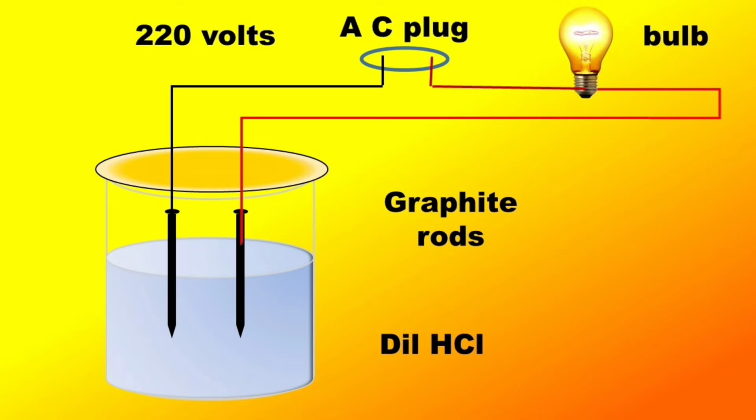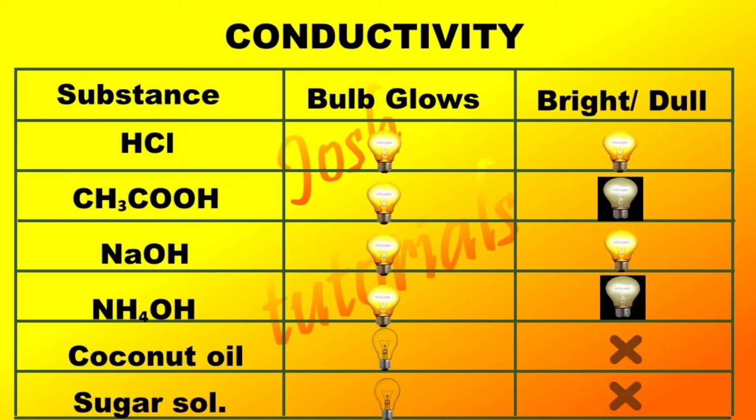Prepare solutions of hydrochloric acid, acetic acid, sodium hydroxide, ammonium hydroxide, glucose, alcohol separately. Now, place dilute HCl in the beaker and switch on the current. Repeat the activity with the other solutions also. You will notice the bulb glows only in acids and bases but not in alcohol and glucose. From this activity, we can say that acids produce H+ ions, that is H3O+ ions, and are responsible for conduction of electricity. Whereas alcohol and glucose, which also do have hydrogen, are unable to produce H+ ions, so not capable of conducting electricity.